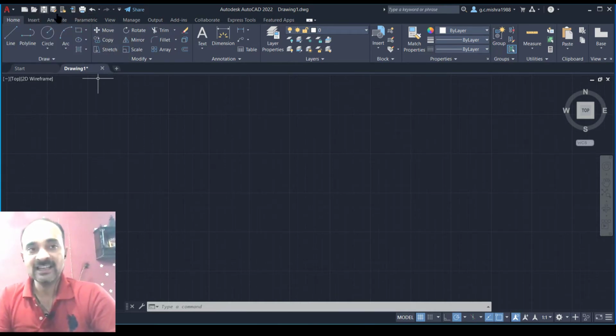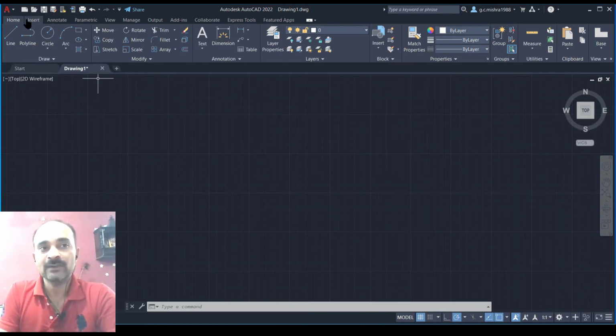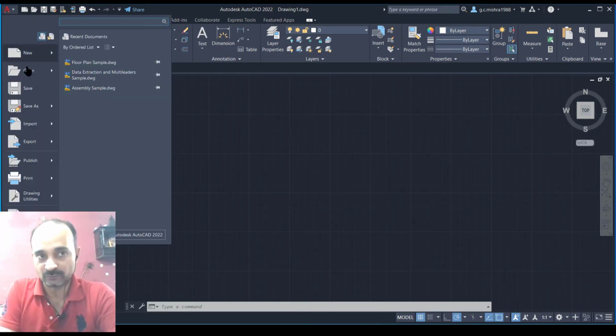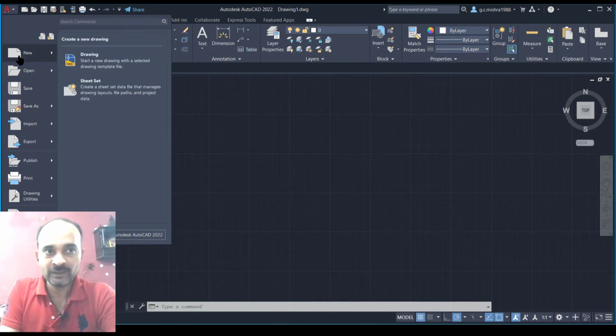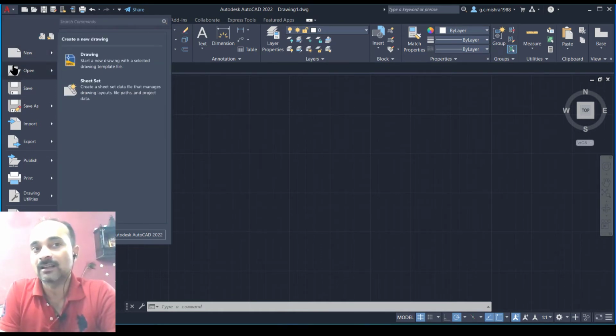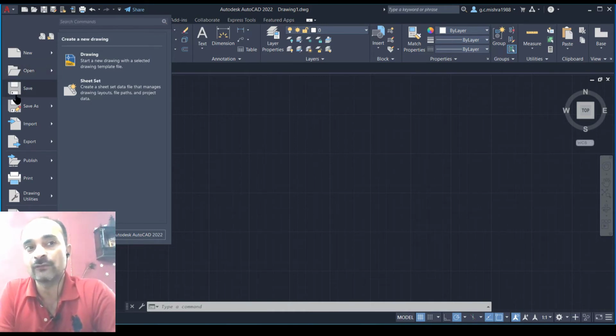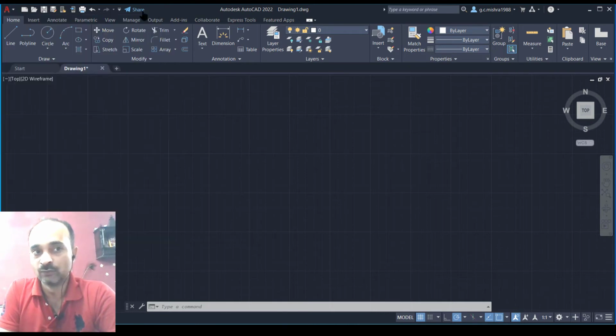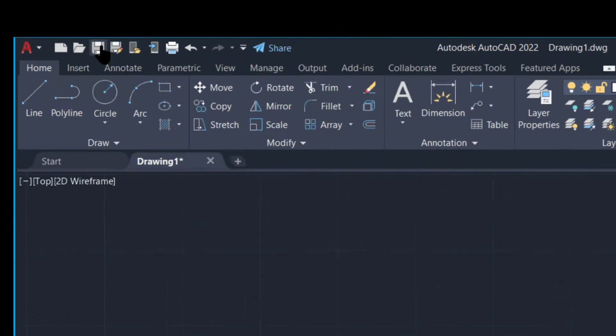So for ease and convenience, they have created a quick access menu here, in which you are seeing the symbols of the same controls which were inside this AutoCAD button. You are seeing the icon of new here.